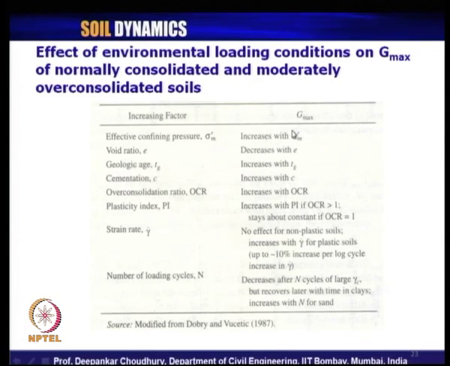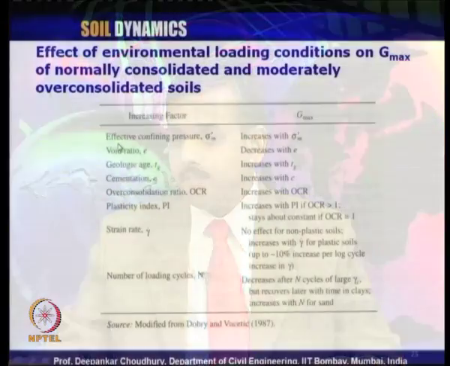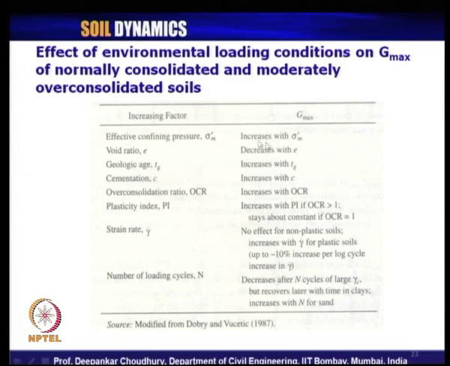Physically also we can understand this one, that as we keep on going much below the ground surface, that is, if we go deeper and deeper in a soil strata, with all other parameters remaining the same, and obviously we are considering homogeneous soil, then as we go deeper, the G max value will keep on increasing. So, that is what is mentioned: effective confining pressure increases means G max value should increase.